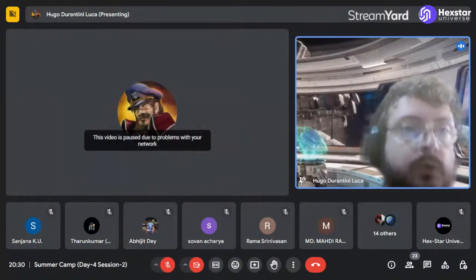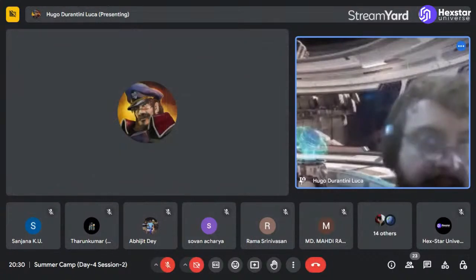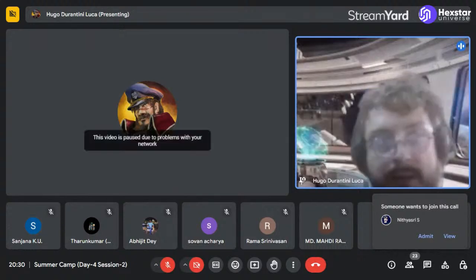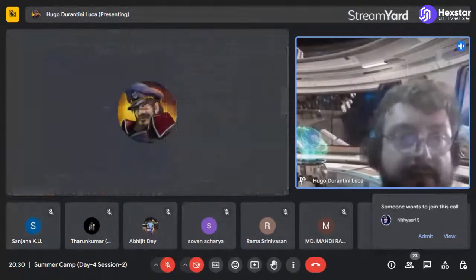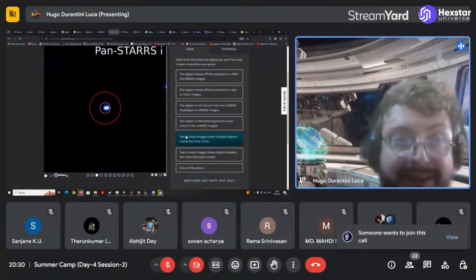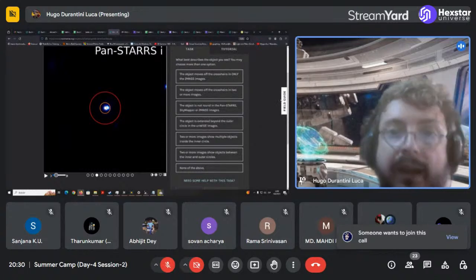You don't have to worry about a second screen. It's only this, and you are going to mark whatever you are seeing: if the object is moving, if it is moving across the different images, if the object is not round, if the object is extended beyond the circle.